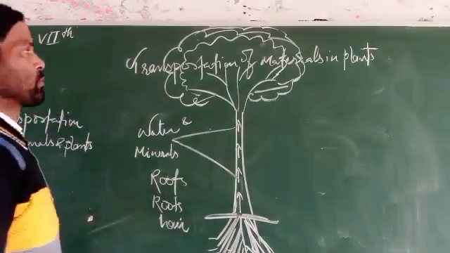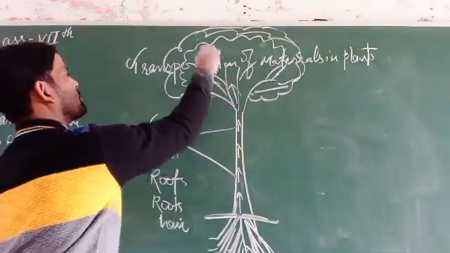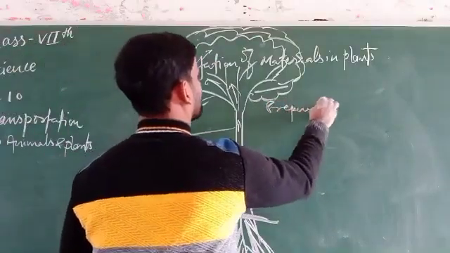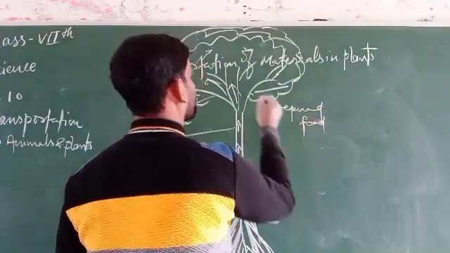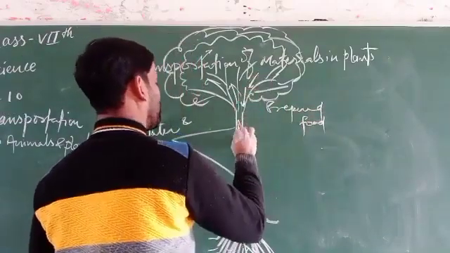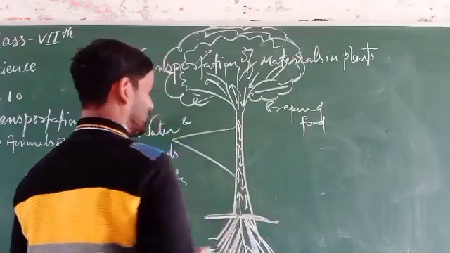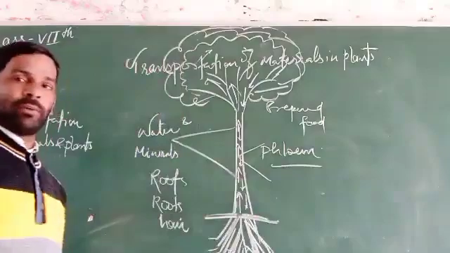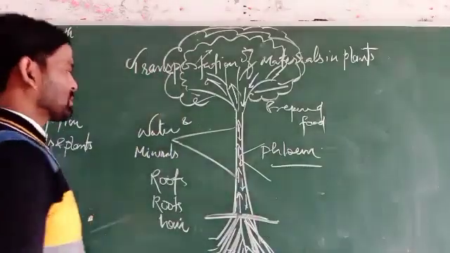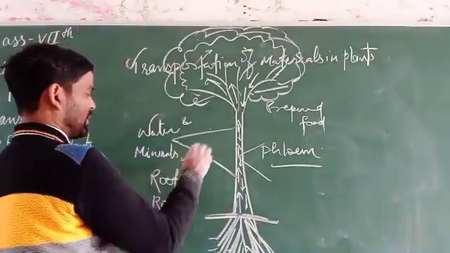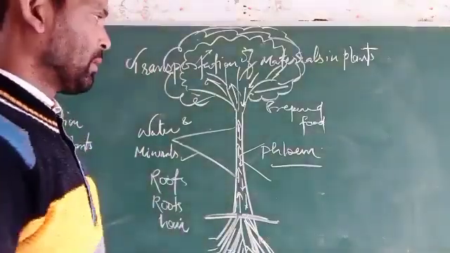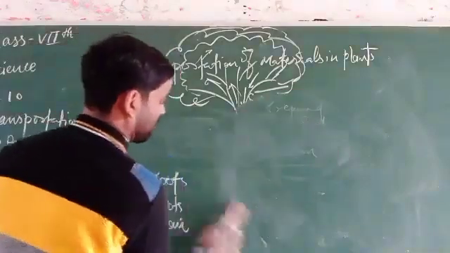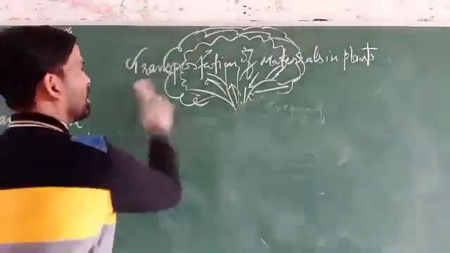The water and minerals get supplied to the whole parts of the body through those special structures. And the prepared food has to be supplied by the structure called phloem. So by these means, one is responsible for the supply of nutrients and water, and the other one is responsible for supplying the food material. Here we can write,